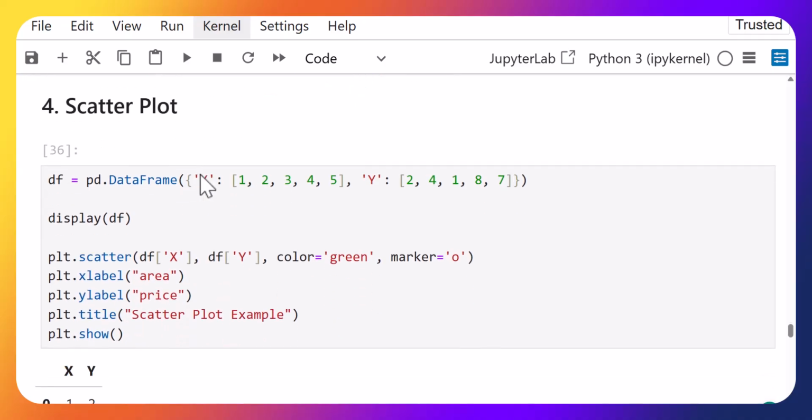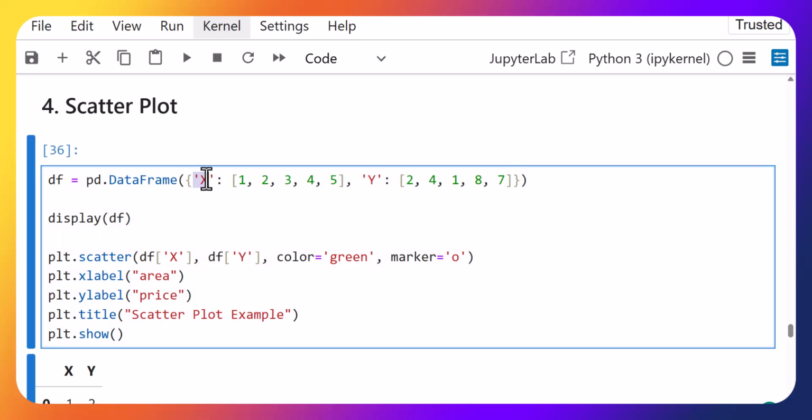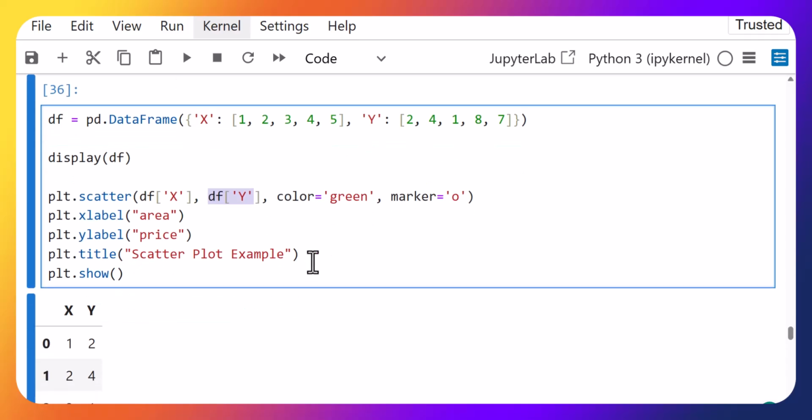And now the fourth one is the scatter plot. So again, we have created a data frame from the dictionary in which we have the x values and the y values. Now we have used a scatter method here to create a scatter plot, and then we have provided the x values here and then the y values here, and the color of the